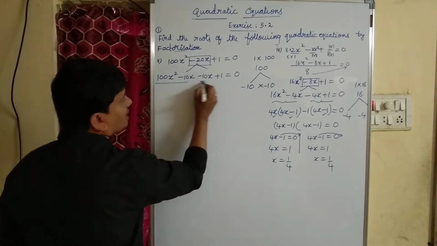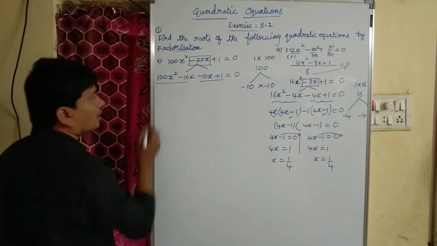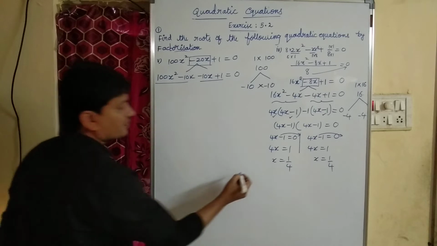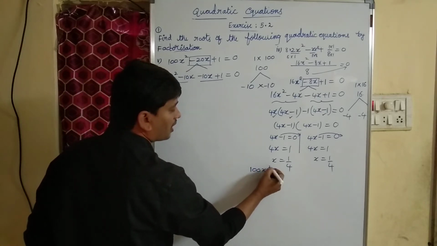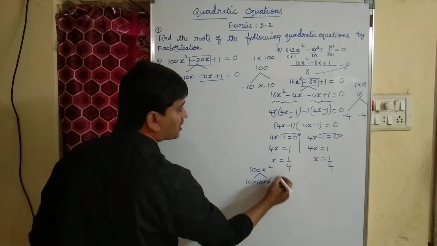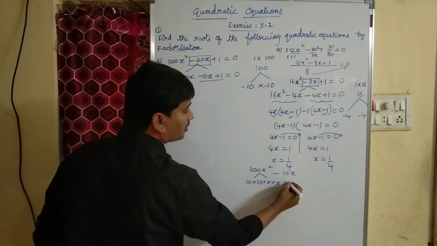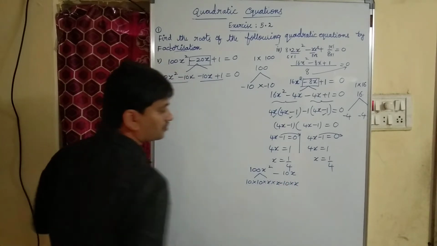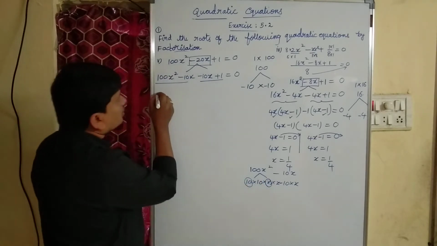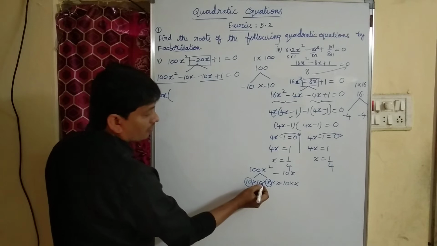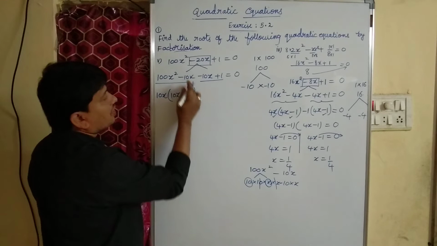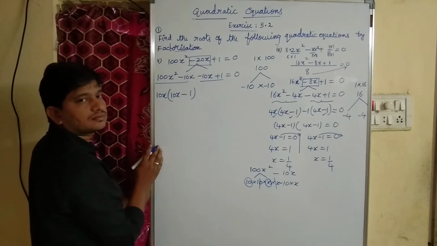Now from these two terms as well as from these two terms. Okay. How can I write 100x square minus 10x? As we know that 100x square is nothing but 10 into x into x, minus 10x is nothing but minus 10 into x. Okay children. So 10 and x, if I take common, I have 10x here and 10x minus 1 here, already we took 10x as common, nothing in the sense 1.